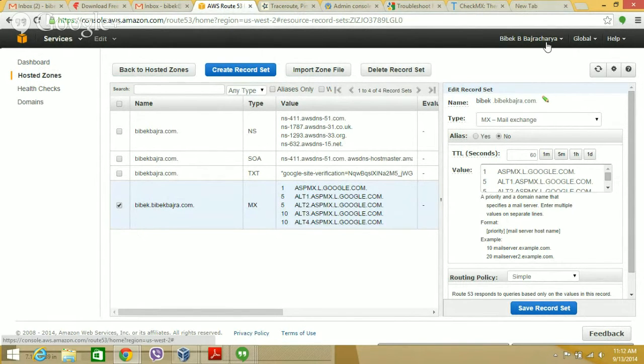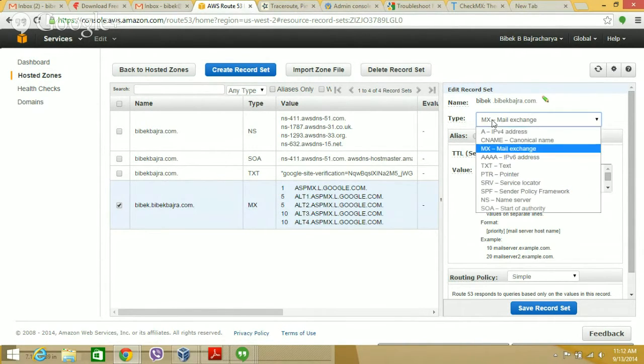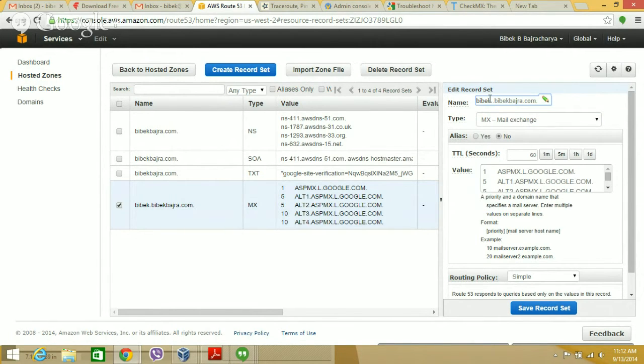Just above the MX type, no, not here. This is okay. Yeah, exactly. Just above the MX, you have incorrectly put Vivek in there. That should not be there. It should be blank.